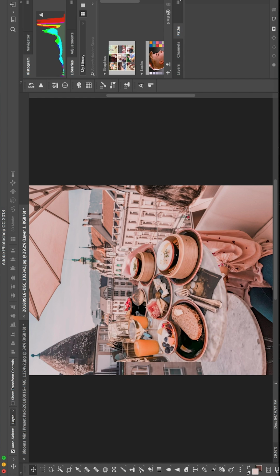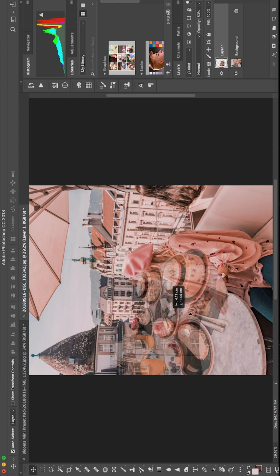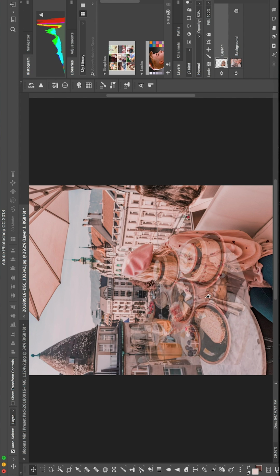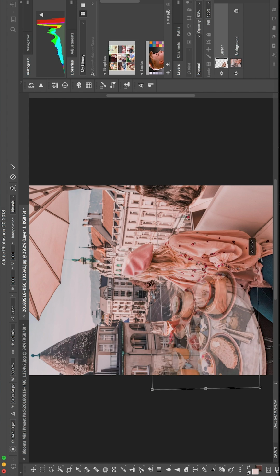And then what I like to do when I'm merging two photos and taking one part of one photo into another part of another photo is to go onto that layer and just bring the opacity of that layer down so it's a bit see-through, so when we're moving it around we can really see what's underneath and whether it's sitting in the right place or whether it's the right size. And so I'm going to go Apple T so that I have the transform, and I'm just going to resize this a bit and also